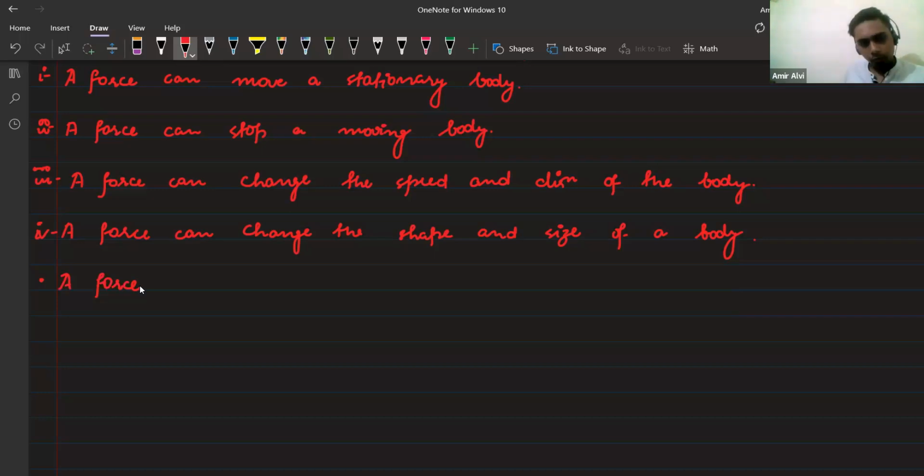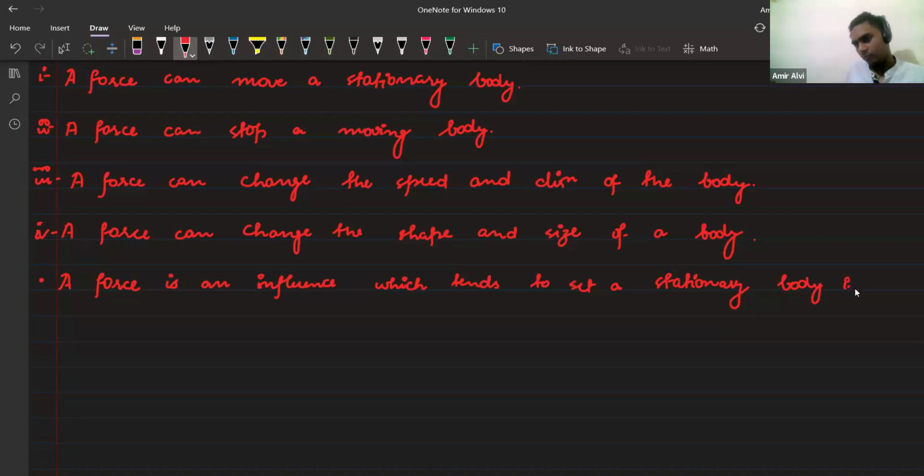A force is an influence which tends to set a stationary body in motion,